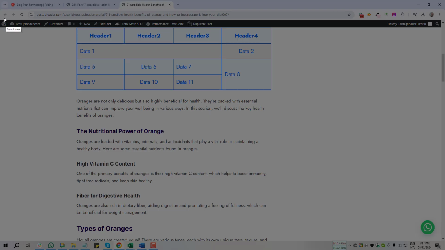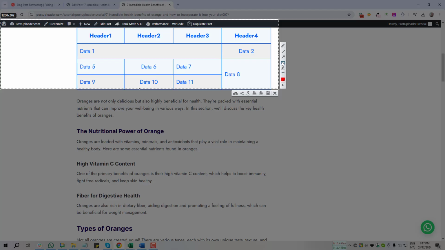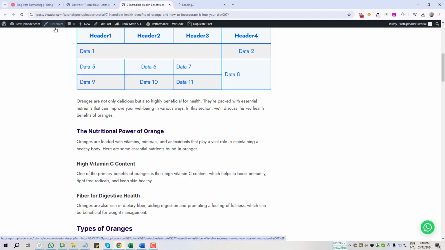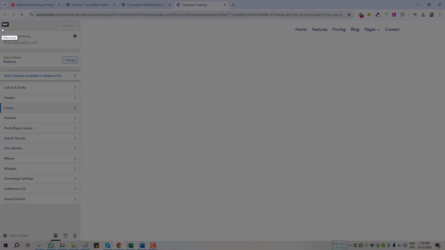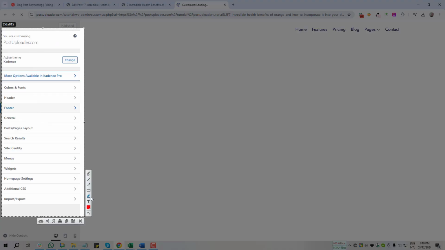After that you have to go to this section. Here you will get an option for customize, but you have to be the admin of that website. If you are not admin, then you will not get this option. So make sure you are the admin of that website where you want to add custom CSS. I am opening it in a new tab, and when I am here you will get a few options, and here